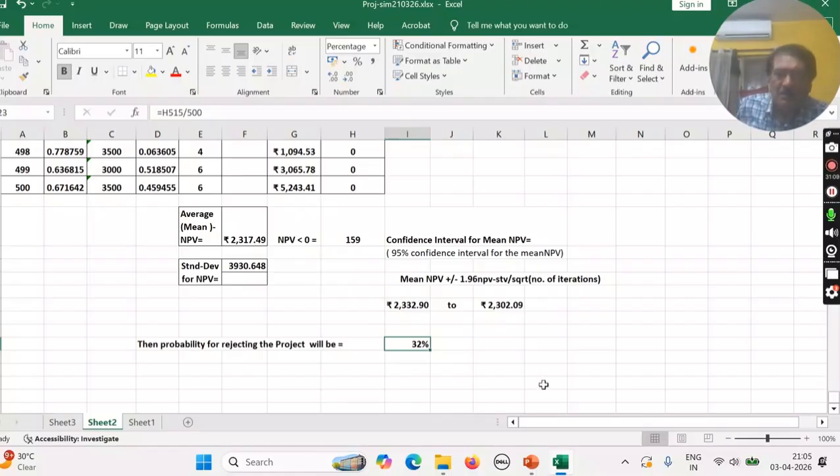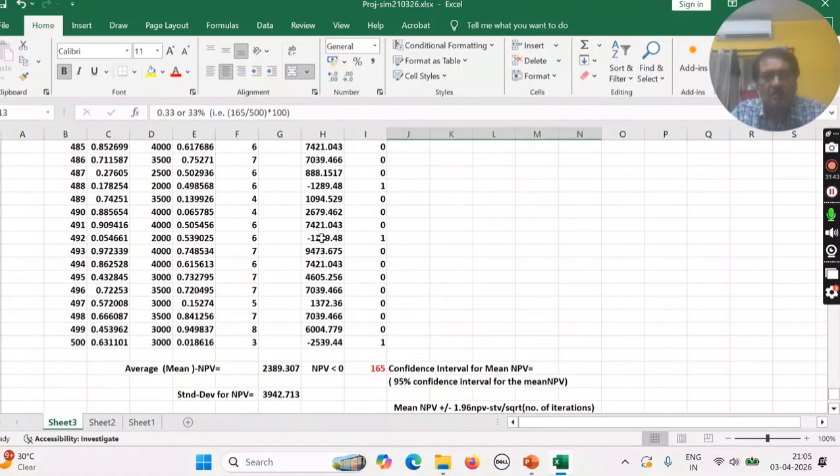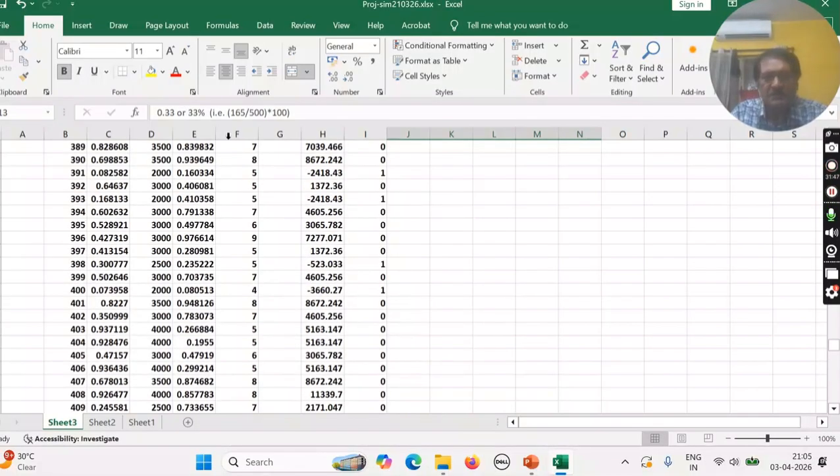Again, I am repeating one thing: when we are striking any cell, any amount, immediately the random number value will change and all the values will change. But the value calculated here will be correct, but it will be changed because the random numbers are attached with the Excel sheet. I think it is clear. For that reason, in sheet 3, for any particular combination, I have saved all the values, only values, no formula. If you do not give the formula, then it will not change automatically. So for a particular set, I have saved here 500 units, and then I will discuss the other.